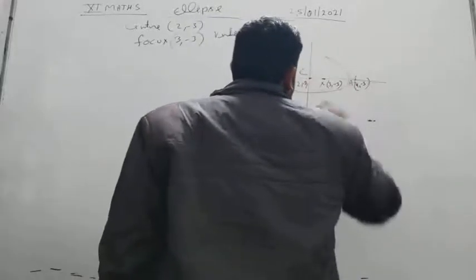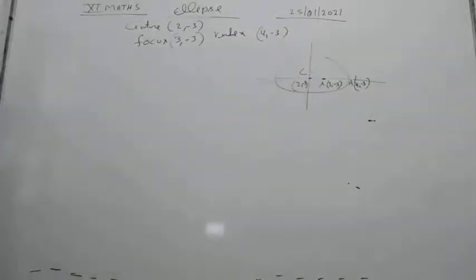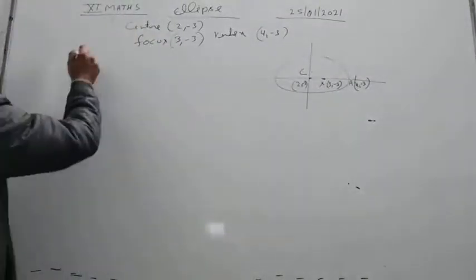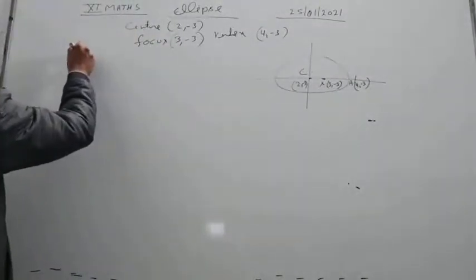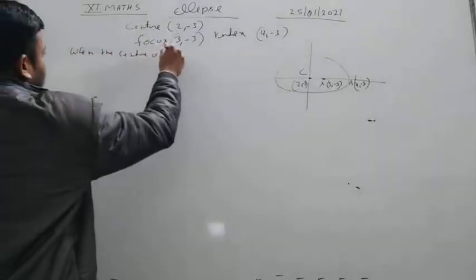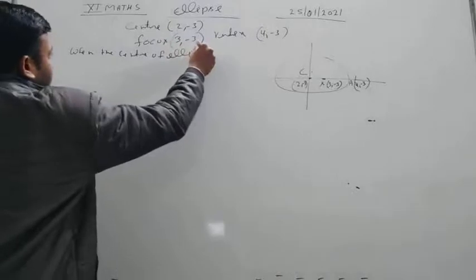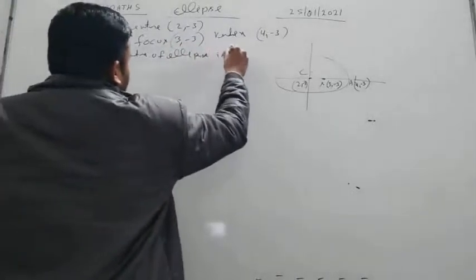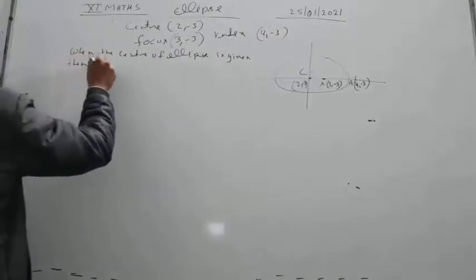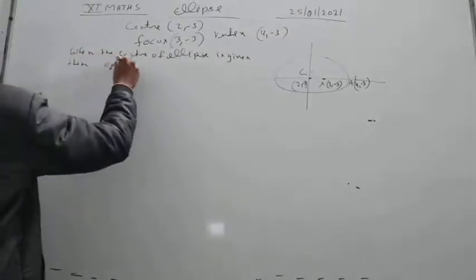Now student, this is our C and this is S, this is A. We have to find the equation of ellipse. Okay. So student, look at, when the center of ellipse is given, then equation of